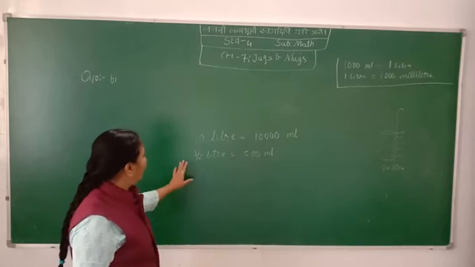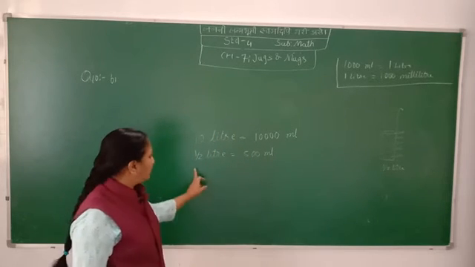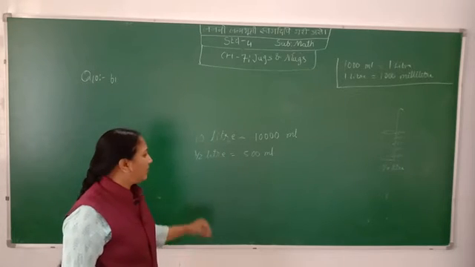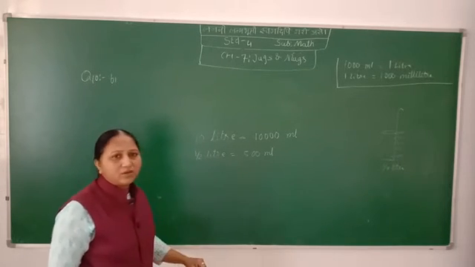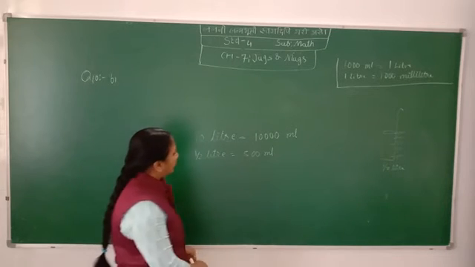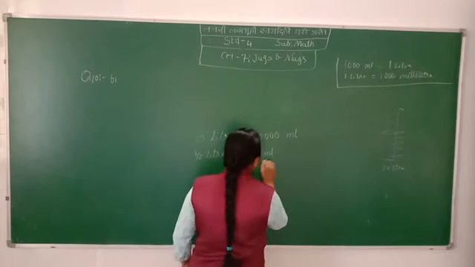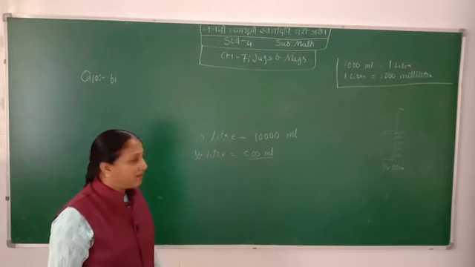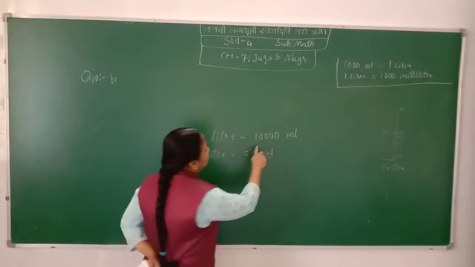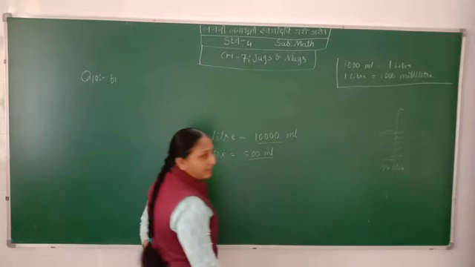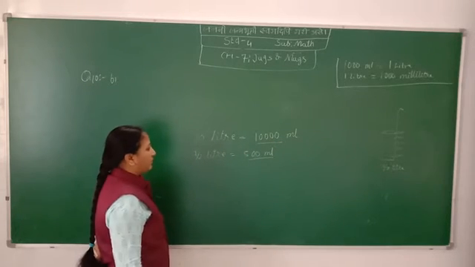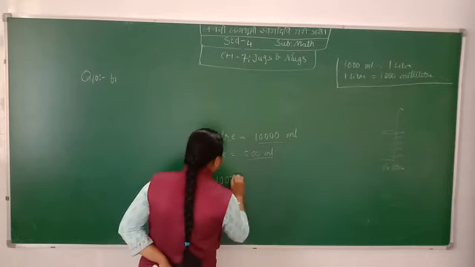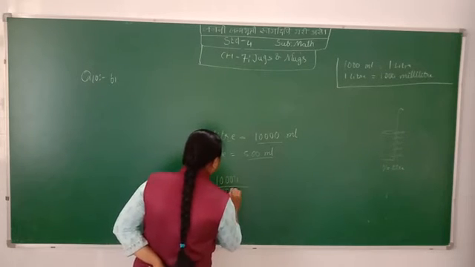Okay, so now we have already converted the liter into milliliter, so that we can calculate. Now both the units of the measurements are same. If I am filling one bottle, it is of 500 ml. How many Rasna squash we are having? 10,000. So how many bottles we will require? We will divide 10,000 by 500.